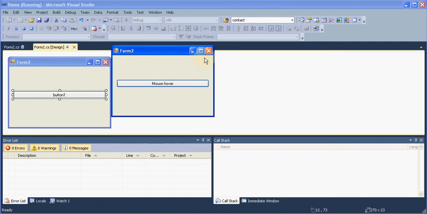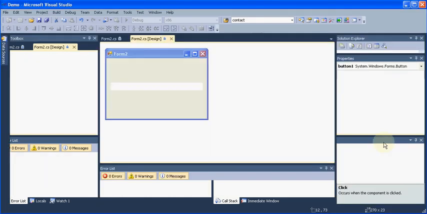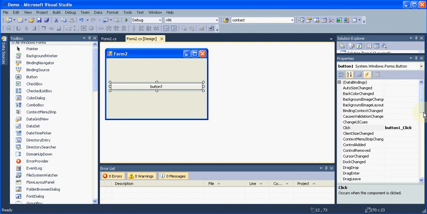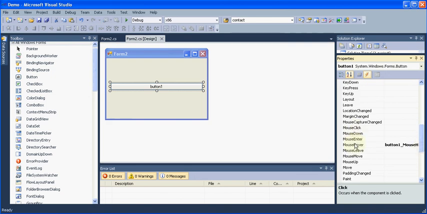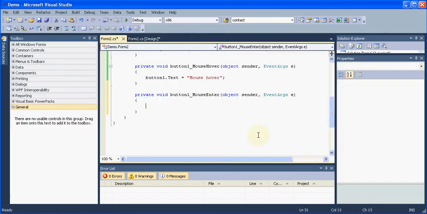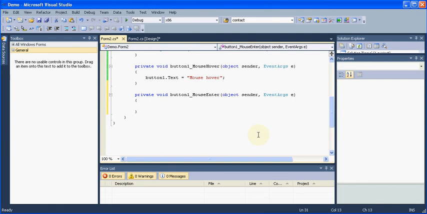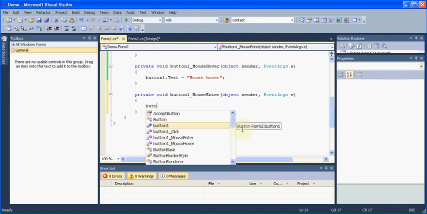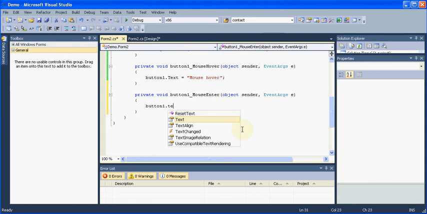These are the events, and we'll see some more, like mouse enter. Mouse enter means whenever the user's mouse enters the button, this message will be displayed to him. So I will do the same thing over here: button1.Text equals "mouse enter".